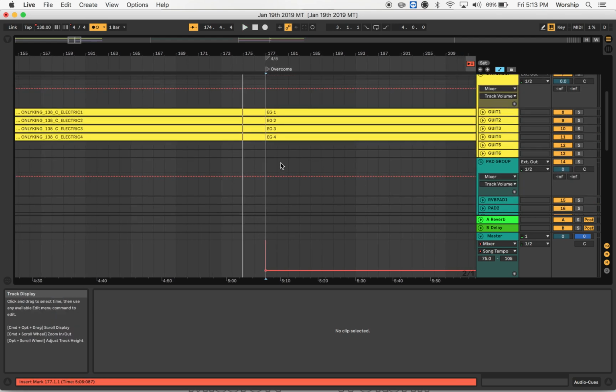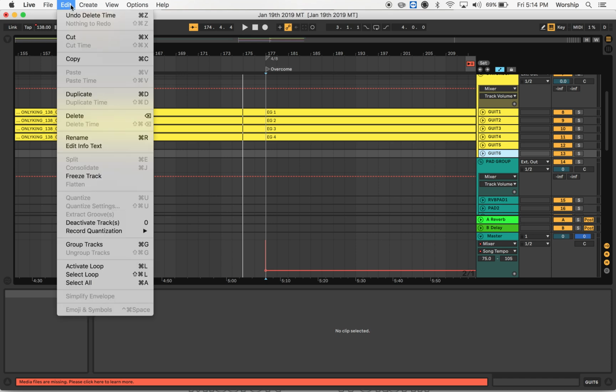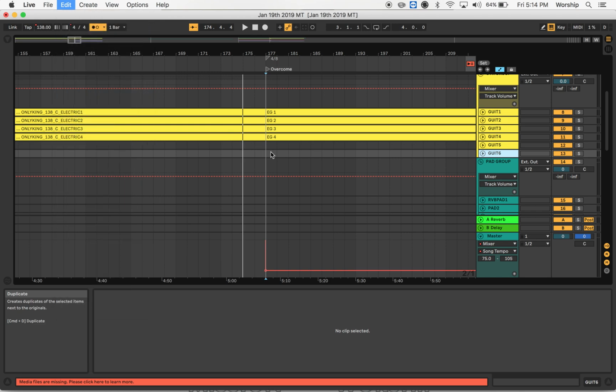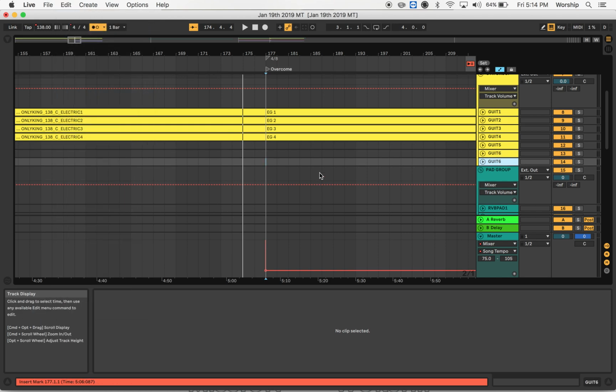Now, we've got a lot of electric guitar parts over here, and we've only got 6 channels. So what I'm going to do is take guitar 6, and if I go up here to Edit, and I hit Duplicate or Command D, it's just going to create another guitar channel. And I'm going to create one more, Command D.